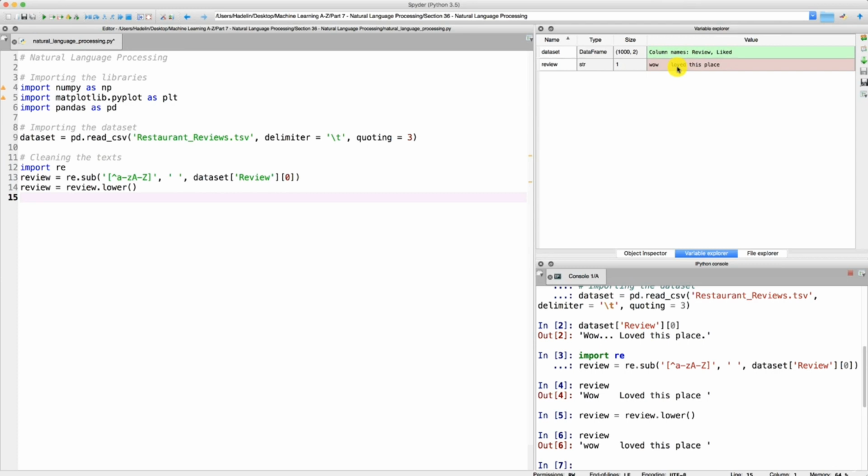We might have a lot of other reviews with the word loved or love, which indicates that the person really liked the restaurant. But then when we look at the word this here, well, this doesn't give any hint whether the review is positive or negative. If the review was, wow, hated this place, well, the review would become negative, but this would still be here. So basically, this word is totally irrelevant, and that's why we can remove it, because our goal in the end